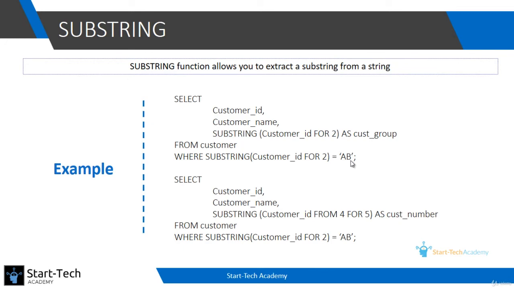In the second select statement, I am taking out the 5 randomly generated digits. To do that, I have to start from the fourth position. The first two positions are these two characters, and the third position is taken by the hyphen. So the number starts from the fourth position and has a length of 5 characters. So there are 5 different numbers, and I'll take out these 5 characters as a substring. Let us go and write these two queries to get the two parts of the customer ID.